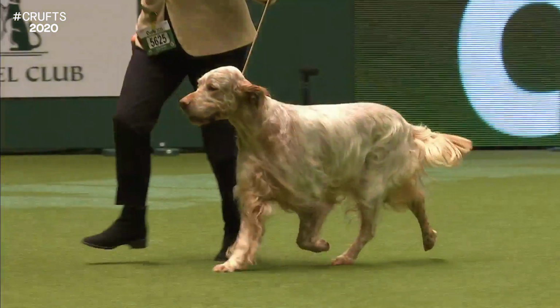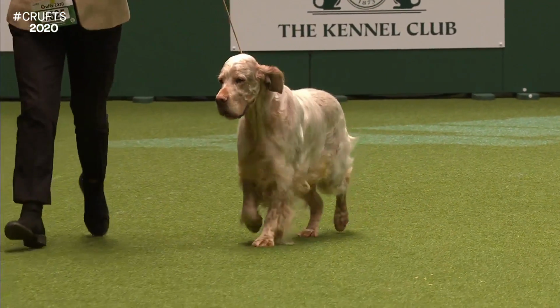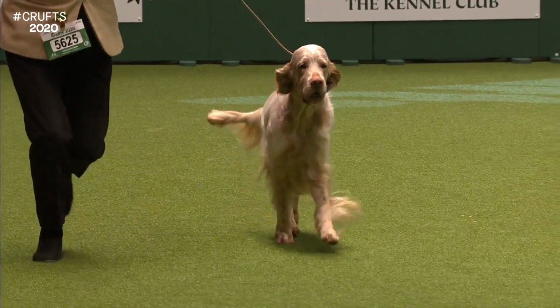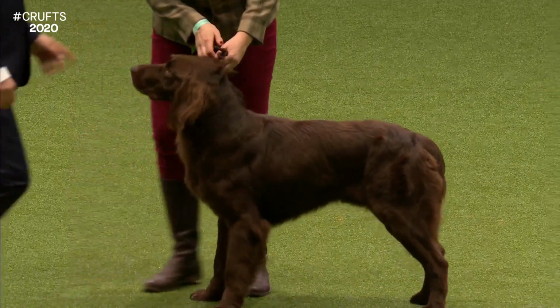Jill Court had the privilege of judging the German Longhaired twice. Striding out to join the line, beautiful head and expression. She selected the dog number 5723 as her best of breed. Now here is one of the rarer breeds. It's the